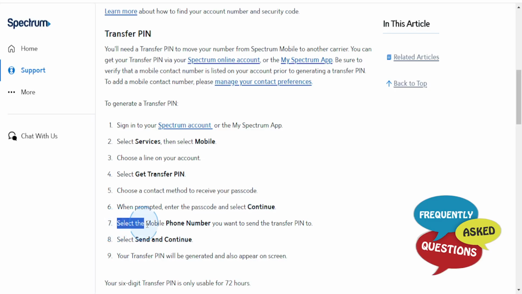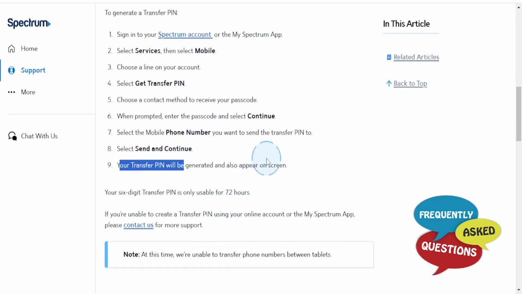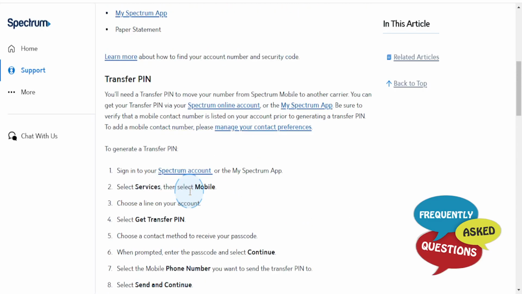And then what you're going to do is you want to select the mobile phone number you want to send the transfer PIN to, select send, and then continue, and your transfer PIN will be generated and it will also appear on screen. And this PIN, guys, will be a 6-digit transfer PIN, and it will only be usable for